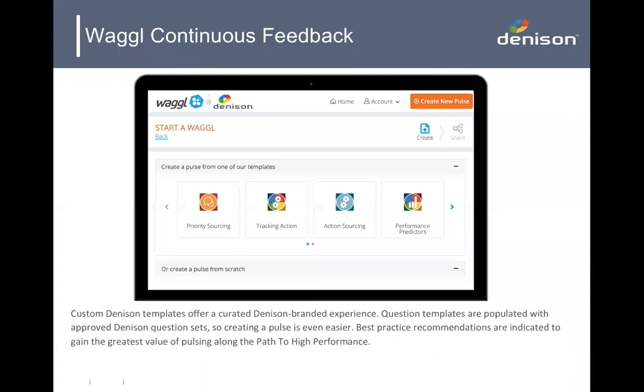You can also say, what do you think of the 4 different initiatives that we've undertaken to increase customer focus? Have you personally been involved with those? Do those affect your work? What are the things that you can do? Waggl is a great Pulse platform that has a lot of flexibility that we also use to track action and to keep track of what's going on in an organization, and of all of the attempts that are going on to try to change and transform the culture.